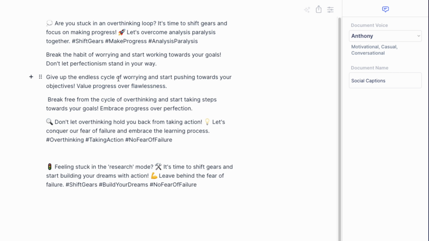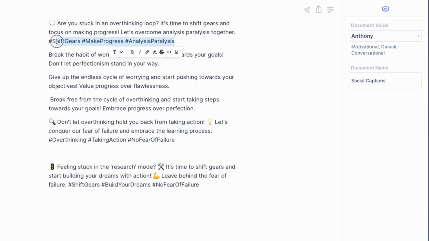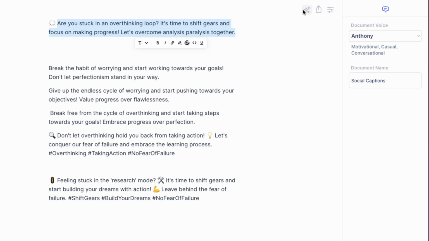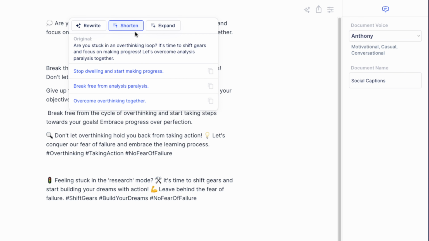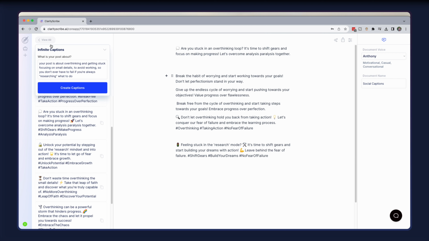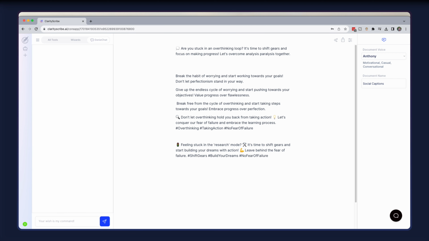Now, let's say this is good, but maybe it's a little too long. So let's go up here to our top one. Let's say we get rid of that emoji, and let's say we don't need the hashtags for this particular example. And let's say we need this even shorter. There's a couple ways that you can do this depending on how you need this refined. We could come up here and simply click on shorten. This will give us a very straightforward, like shift gears and move forward. Just a quick one-liner if you're looking for that punch, or we can take this over into Genie Chat, which is kind of our one-stop shop when it comes to anything that we need when it comes to working within ClarityScribe and literally anything that you might be working on.